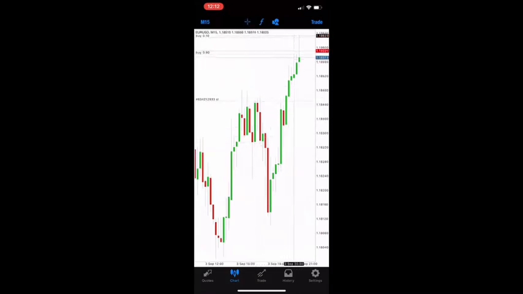Price is most likely not going to reach our take profit. If we see something like this and we say, hey, we had a wrong analysis, or we didn't set something right, or we see price topping out or bottoming out, in this case, it's topping out,